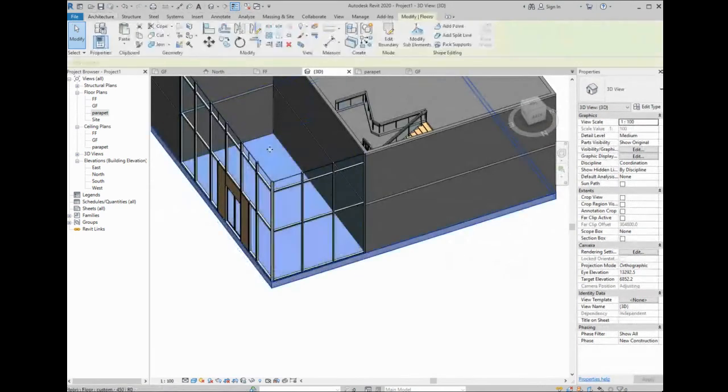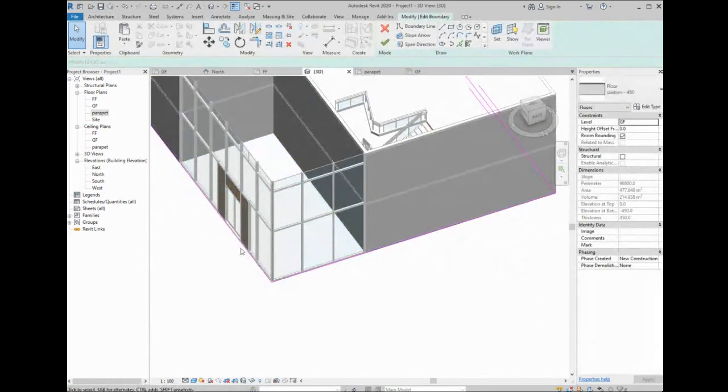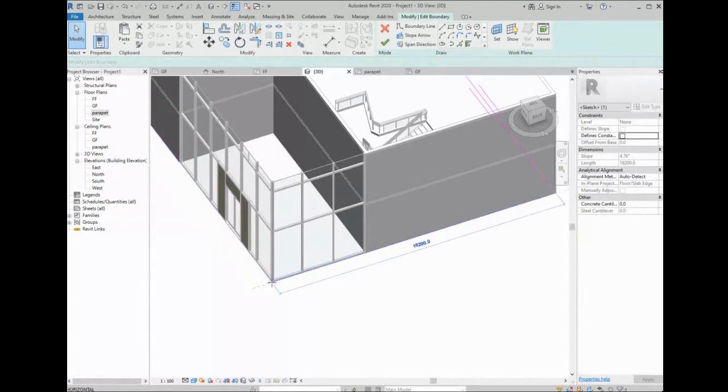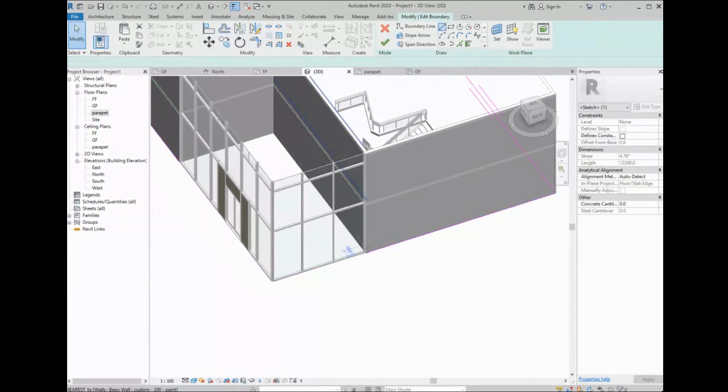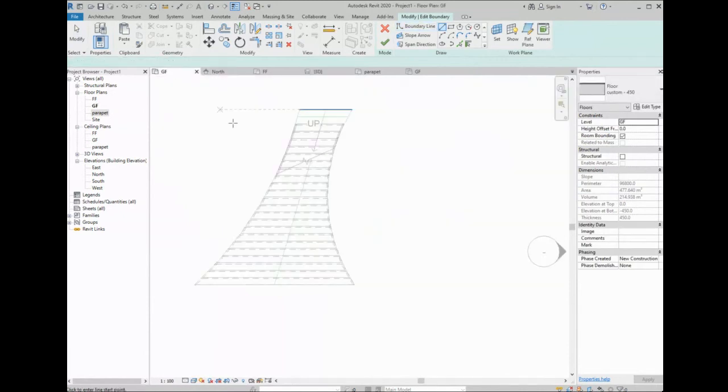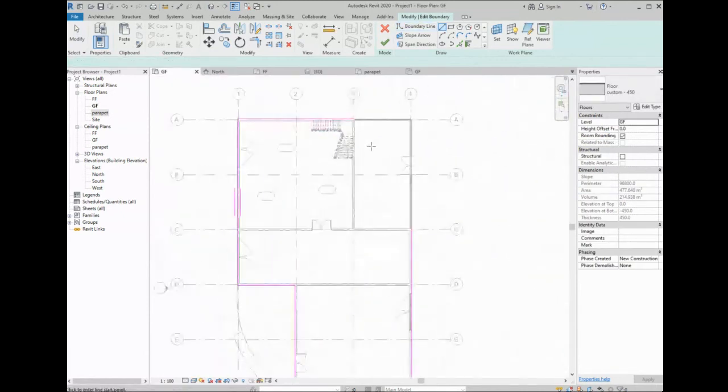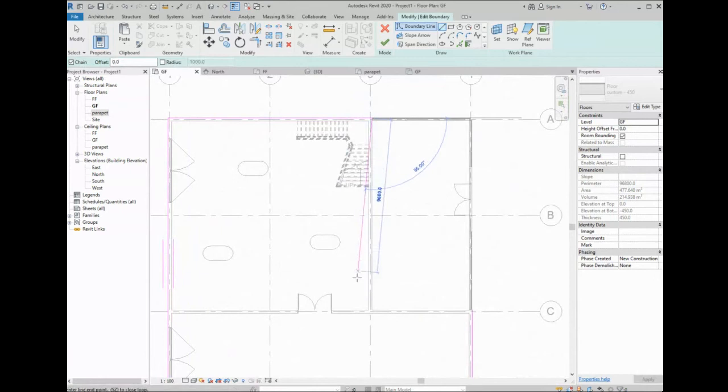Okay, so basically what I'm going to do is I will go to this line here for the flooring and trim it, and I will close it from here. So it is easier to draw it in the ground floor, of course. So this is the first one,